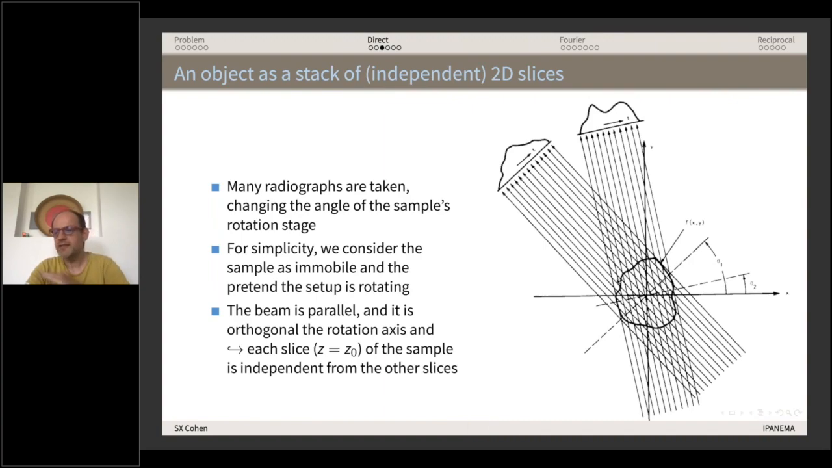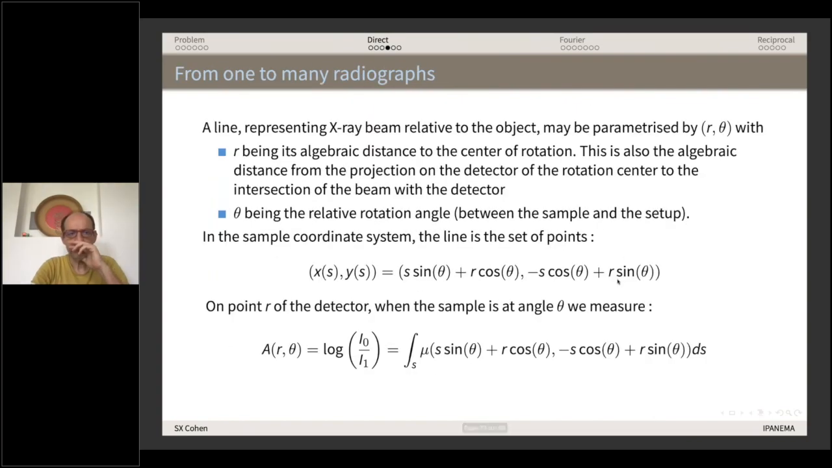Okay, so in this case, I set z equal z0, and from now on, I will not even speak 3D anymore, because I consider that in this geometry, the problem is a purely 2D problem. Okay, so I have a line which represents the X-ray beam relative to the object, and this line may be